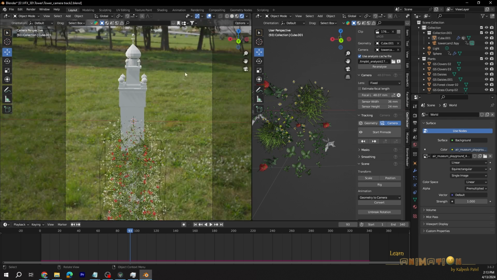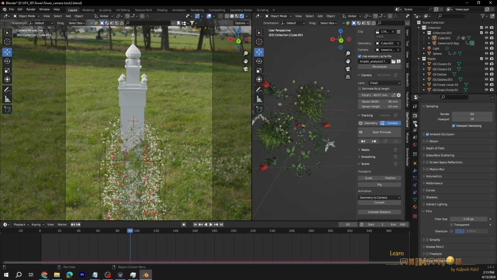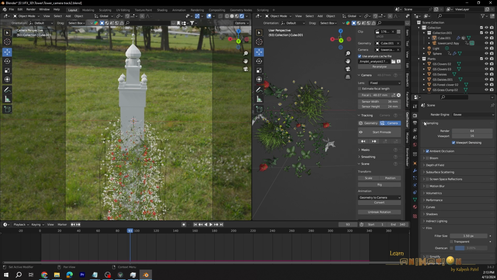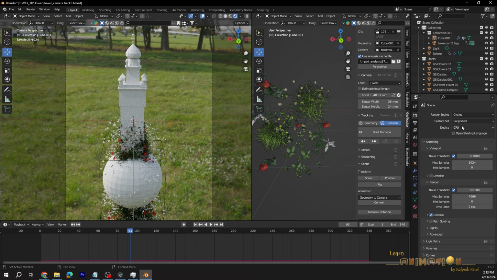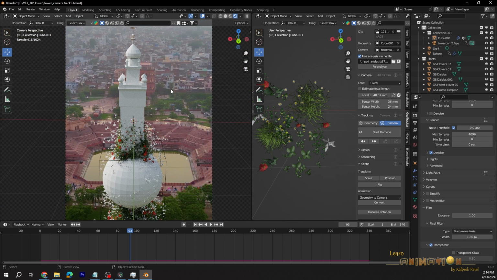If you select the render view, viewport setting, display, render preview, and go to this render property, go to film, this is not, I think this is not Cycles, just go to Cycles, keep it on the GPU, go to film and make it transparent so we can see our background here.